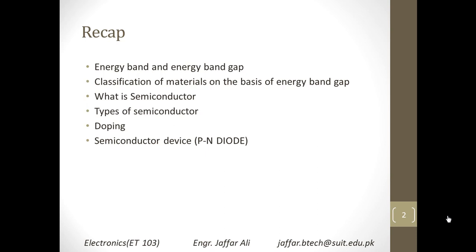We looked at how a barrier is formed, known as the depletion region, and how you can overcome that depletion region using biasing. We looked at two types of biasing. One was forward bias, in which you connect the P type with the positive and the N type with the negative terminal of the battery. And in the reverse bias, you do the opposite, that is, you connect the P type with the negative and the N type with the positive.